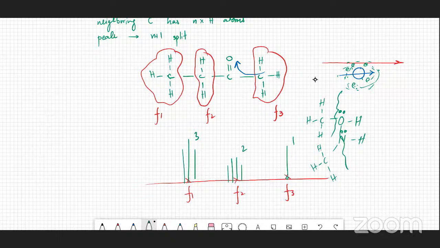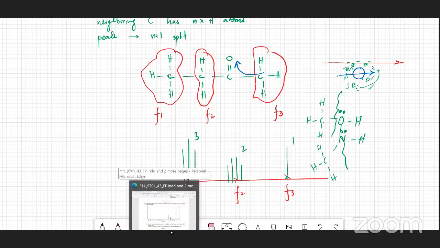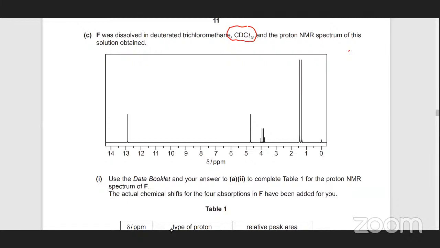So बस ये इसमें number of chemical environments, the height shows the number of hydrogens in that particular chemical environment, and then you have the splitting pattern, which tells you how many neighborhood hydrogens you have, and the rest is in the data booklet. You can actually figure out the frequencies, and you can match which environments are going to resonate at this particular frequency. So anyways, coming back to the question, जल्दी से देखो इसमें कि how many different environments do you have? That's 1, 2, 3 and 4. So there are 4 different